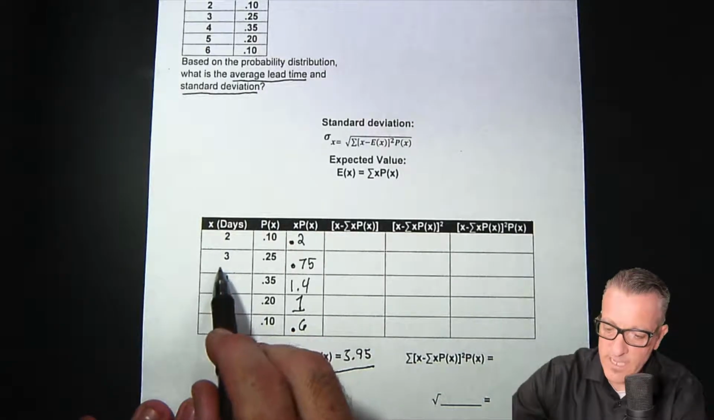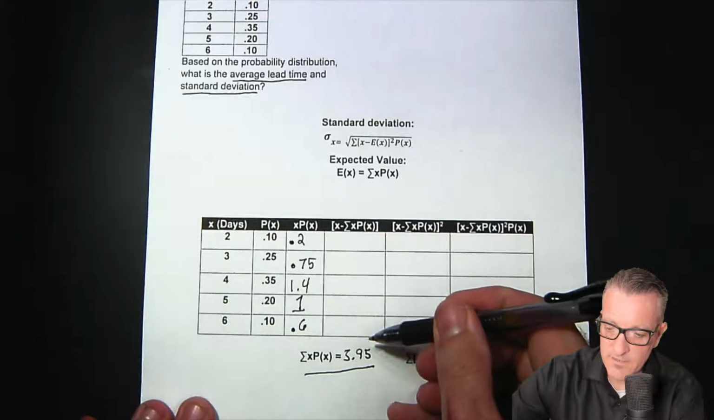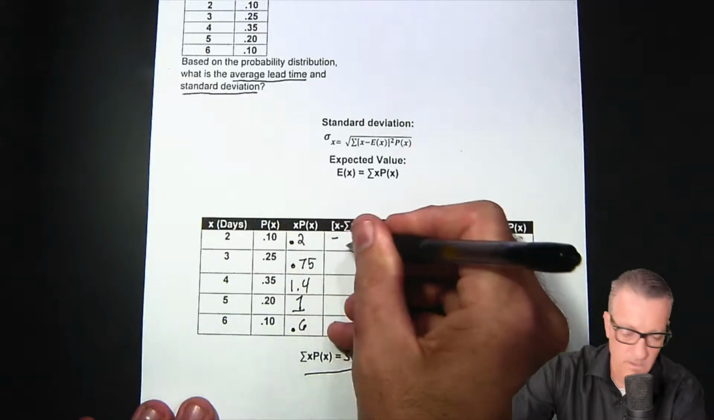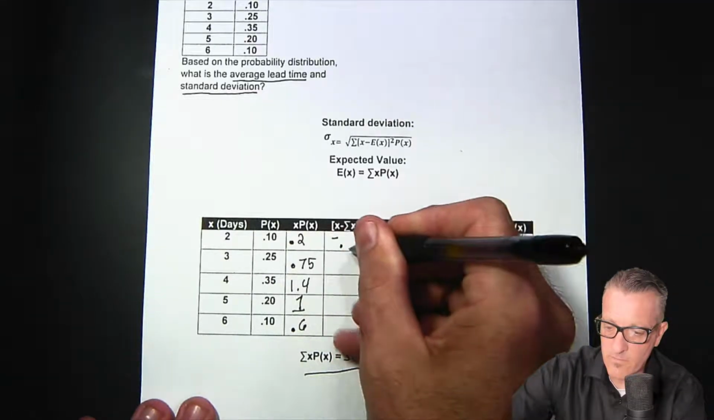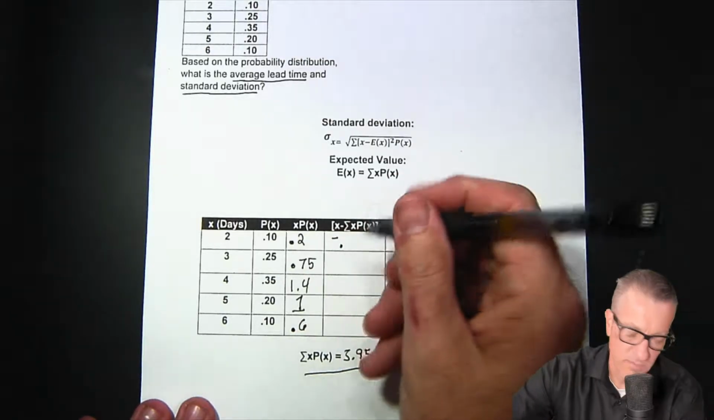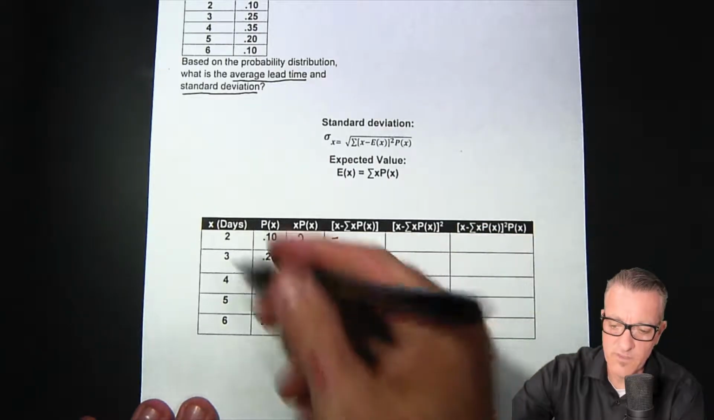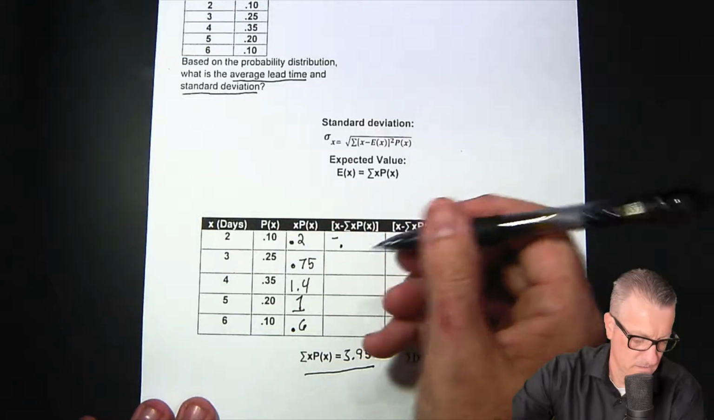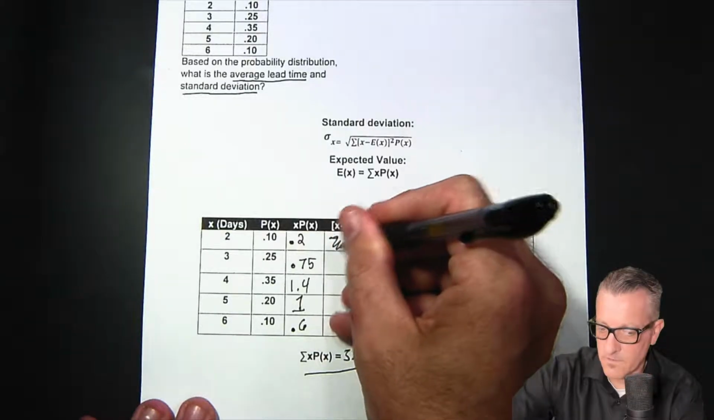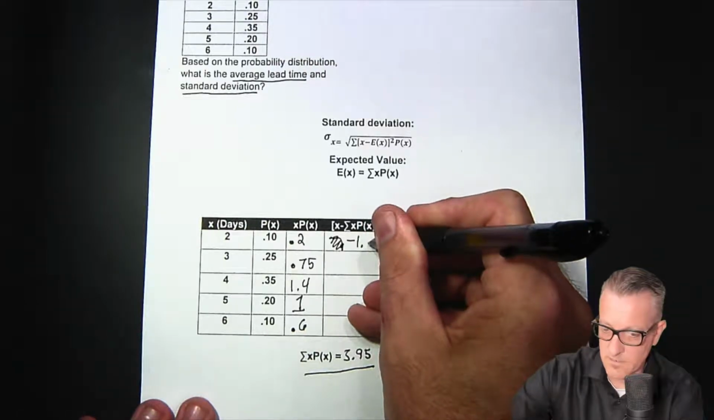So, and then 3 days, subtract 3.95, and so on as we fill this column up. So I'm going to write them in. So we end up with potentially a lot of negatives, and then of course positive numbers depending upon where the mean falls within our x values. Okay. So the first one is negative 1.95,